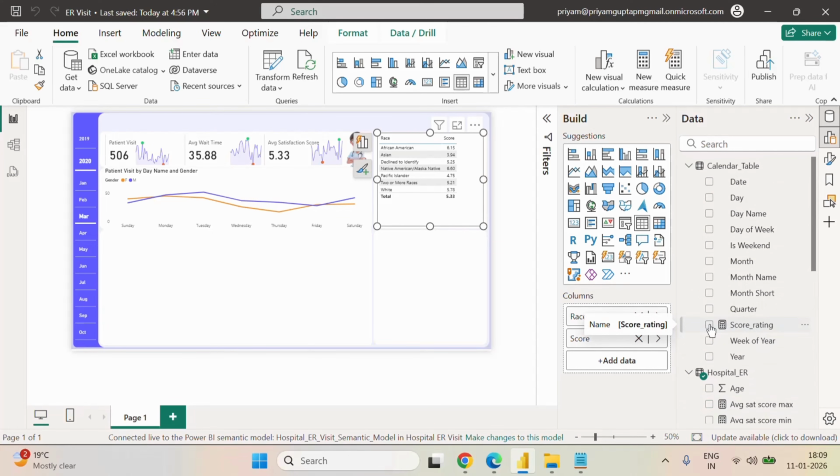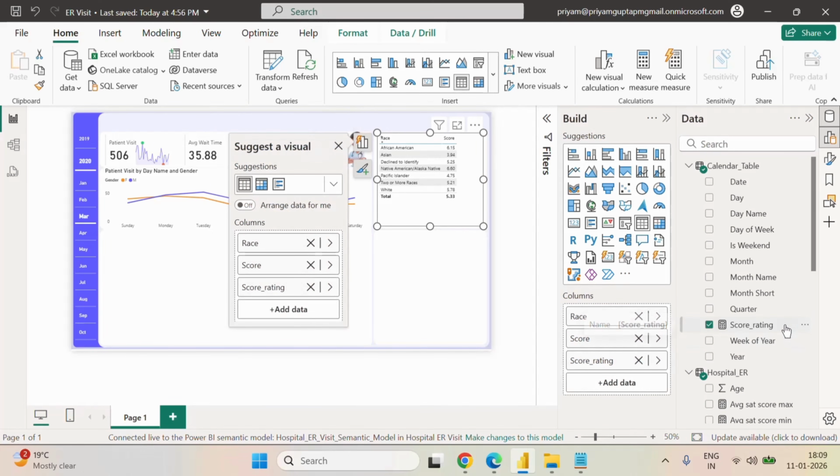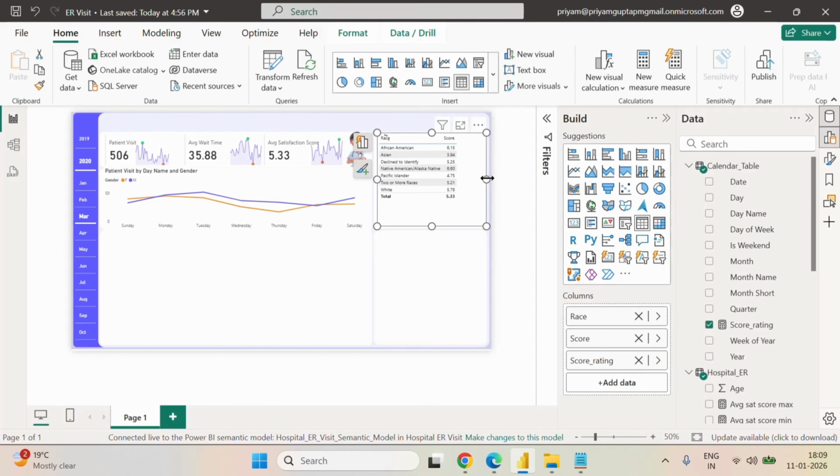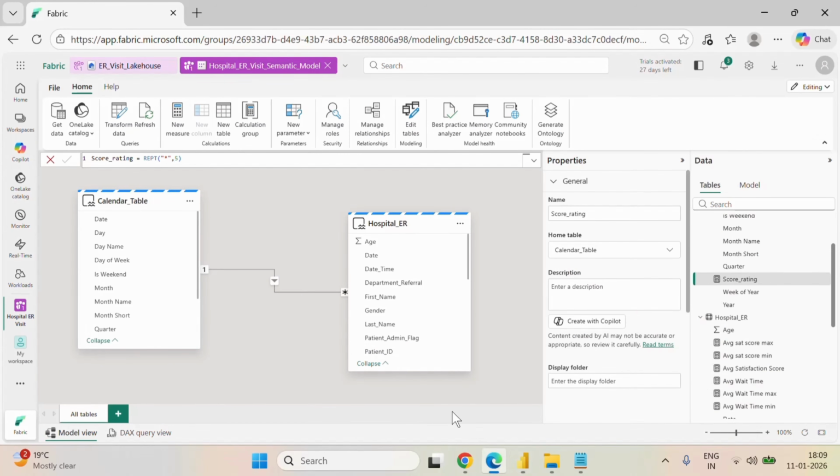Okay, it has come here. Let me choose this one. Okay, so you can see the ratings are coming like 5 stars for all, and we have to sort it with our score. So for this it should come 6. Okay, so now let me go back, and here we should write down